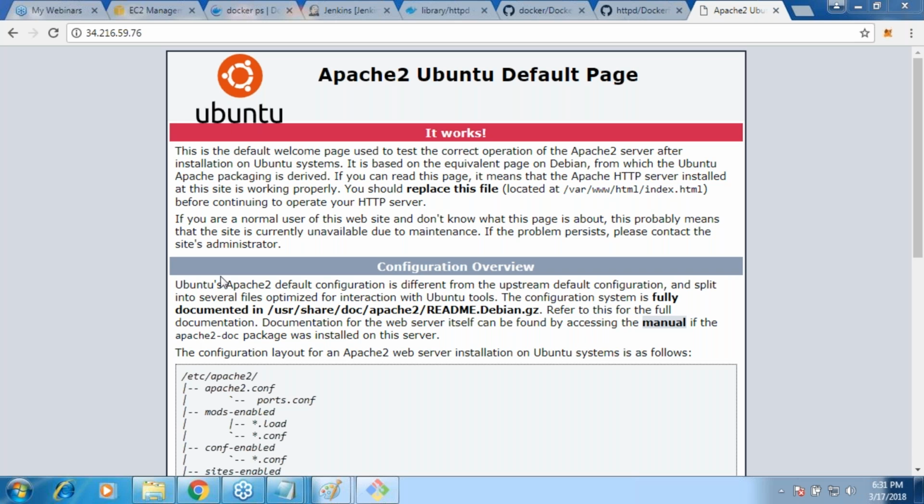Base image has to be from your registry, right? Otherwise it won't build. If the base image is not found, your image will not build at all. So for example, in the base image I have written a typo, so my image building itself will fail. So there is no chance of your image without a base image.